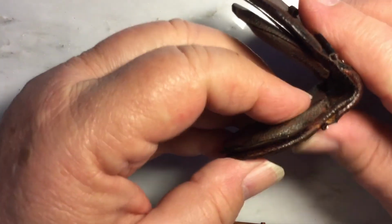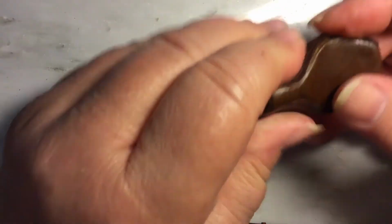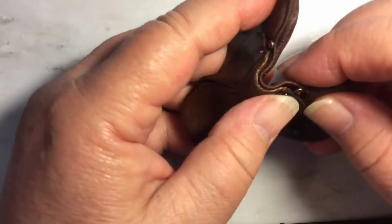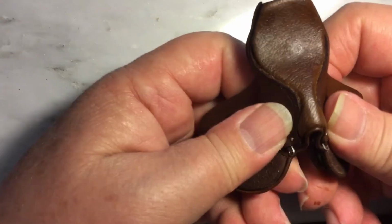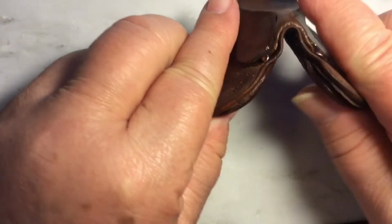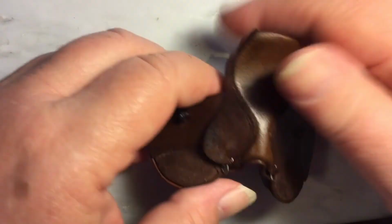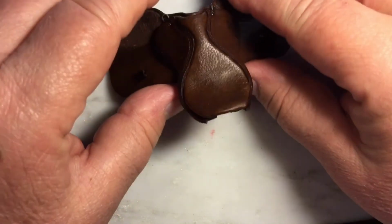Now one of the things that I do is I do a little last minute shaping on the tree. Let's see if I can do a little bit here, just to get it as realistic as possible. So usually there's a little hump here that's right on the horse's withers. Try really hard not to use my nails. And then a little bit of a bend so that it's shaped in the front. You can see that shape. And then make sure my seat is up, and you can see the layers back here. So there's your